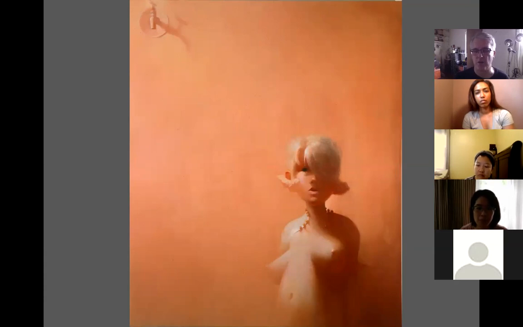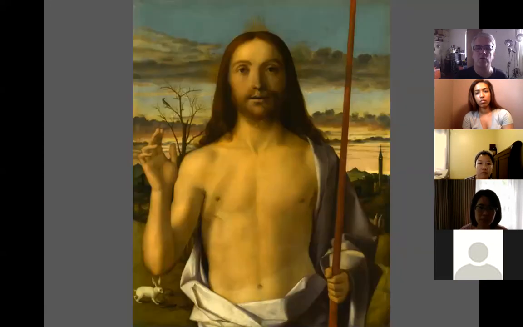Now, what I just said there may not be totally clear to us yet, but we'll talk about that over the course of the semester. So I'm going to go back to the beginning. So again, artists are using light in this way, this single light source coming from one direction,